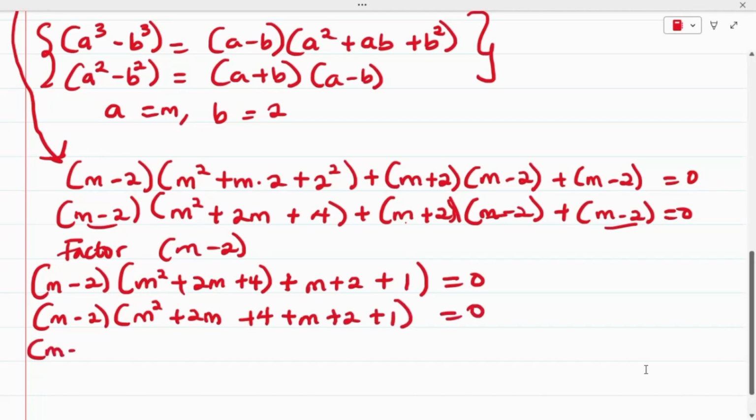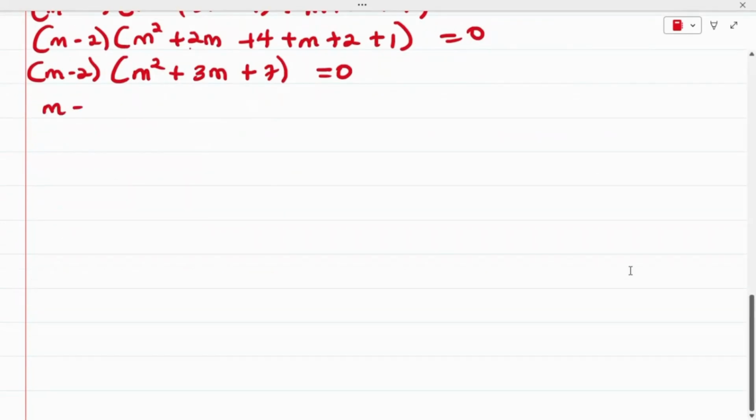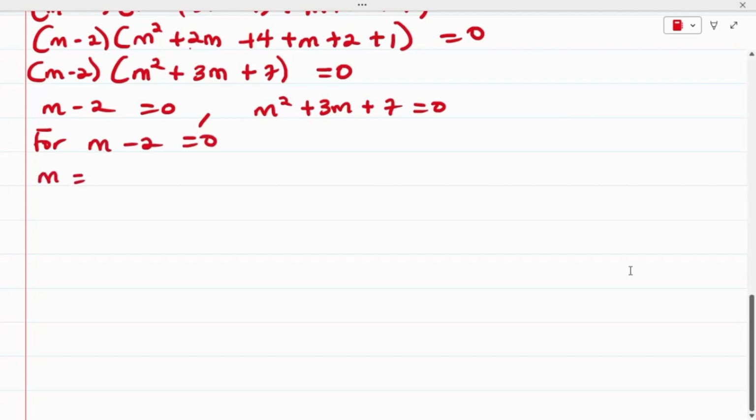We have m minus 2 multiply m squared plus 2m plus m will give us 3m, plus 4 plus 2 is 6, 6 plus 1 is 7, and this equals 0. So at this point we have that m minus 2 equals 0, and m squared plus 3m plus 7 equals 0. So we are going to start from the first part. For m minus 2 equals 0, we have that m equals 0 plus 2, and m equals